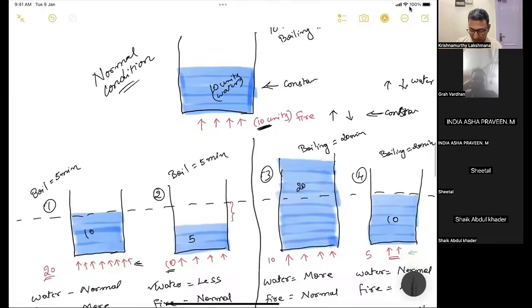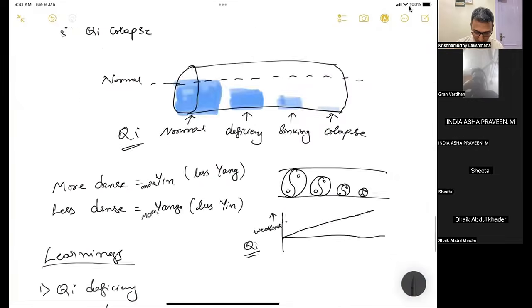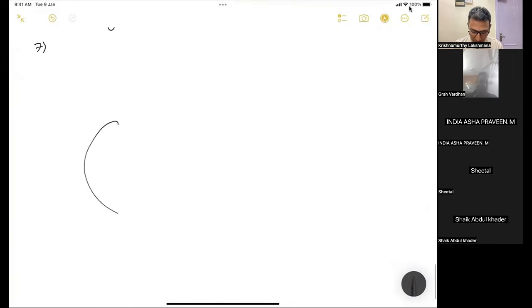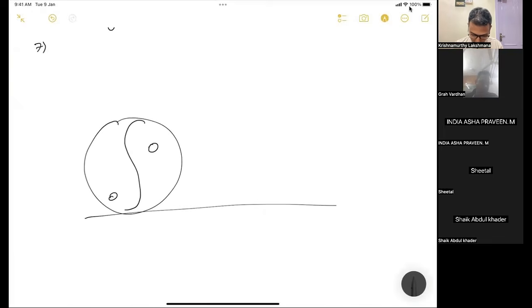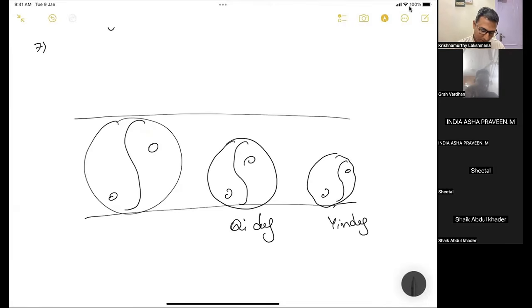So let's say somebody is having, say, this is normal, and somebody's situation is, I'll once again write the Qi deficiency, and then I will get to, say, somebody is having Yin deficiency, Qi deficiency, normal. So if somebody is having Yin deficiency